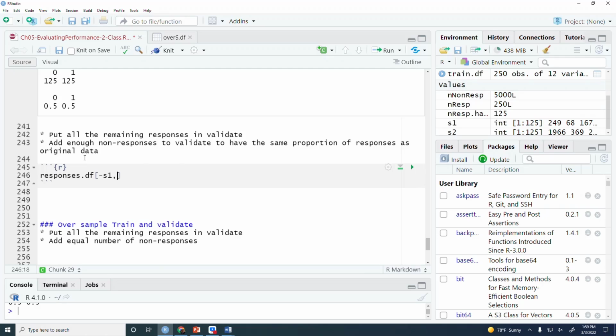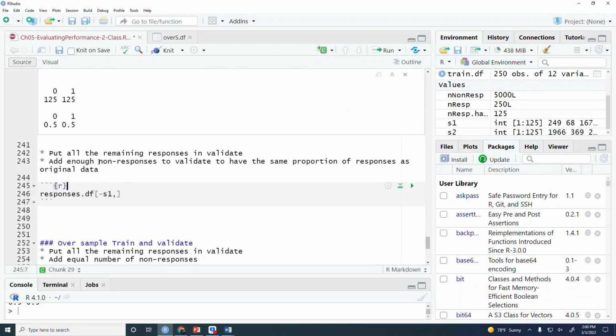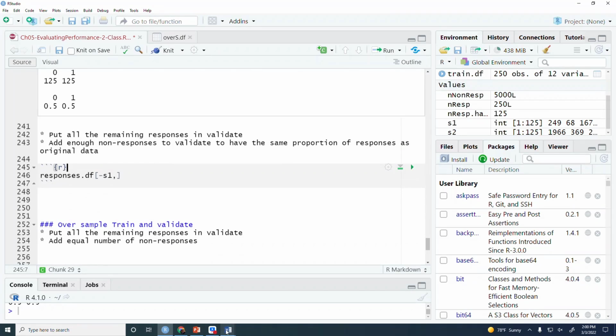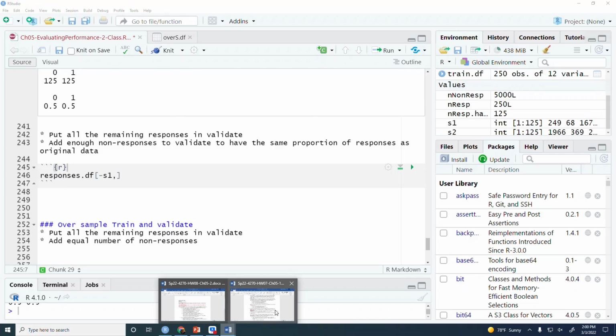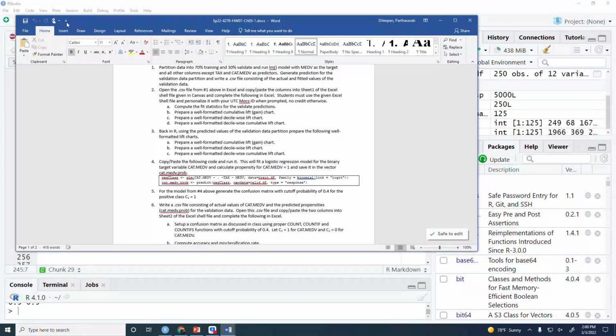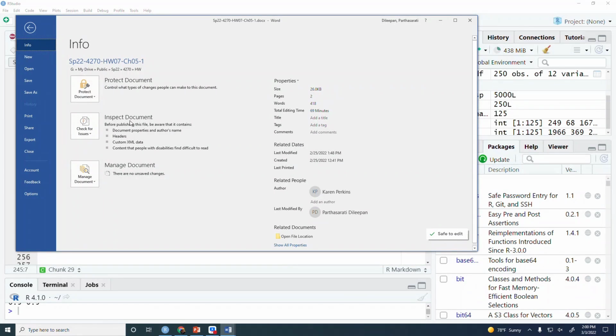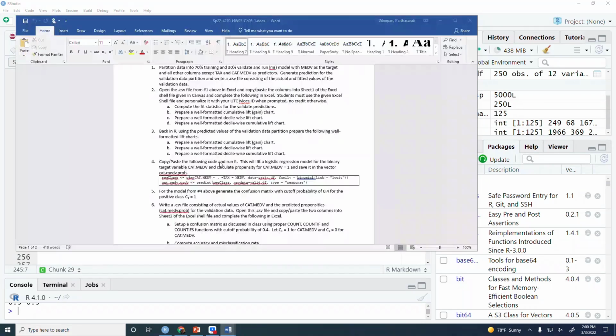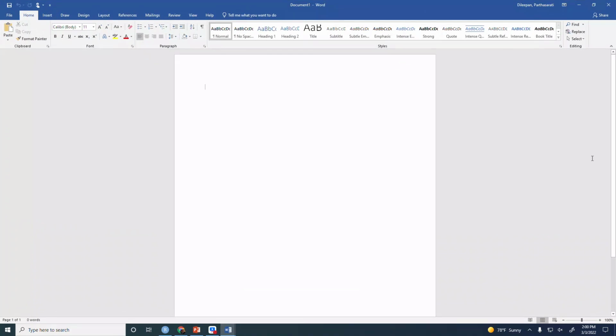Now, how many non-positive events do we need? Now we have to figure that out. I don't know why it's not here. Okay, let's figure out how we're going to do that. So let's see. So we have in the original